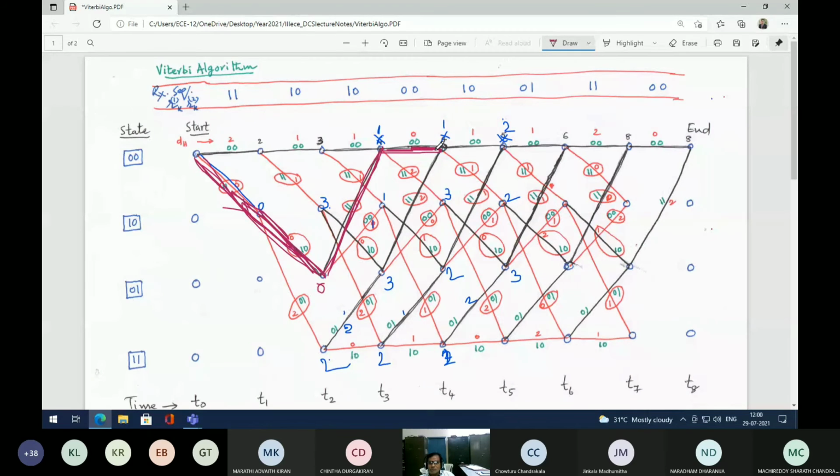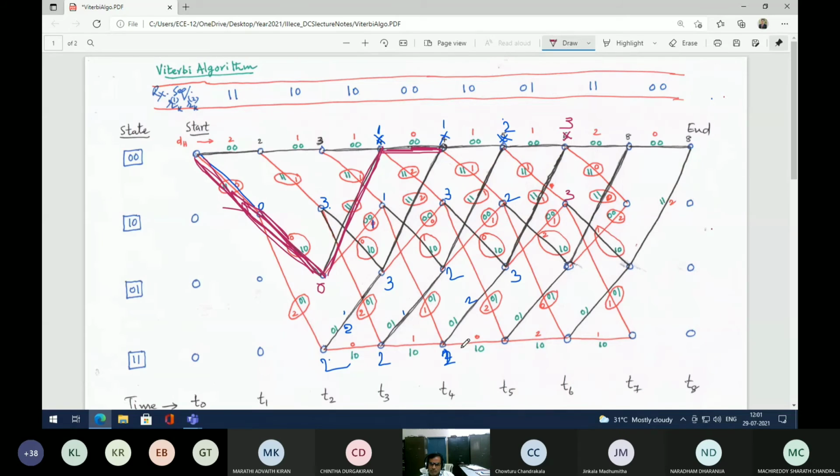Okay. So what is the next one? This also 2, this also 2. Which one will carry? I can go this way or this way. But if I go this way, to reach this, what is the Hamming distance here? It is 3 here, if I add these two. But what is the Hamming distance from here to here? It is also 3. What is the Hamming distance here? 4. No. It is 2 plus 2, 4.